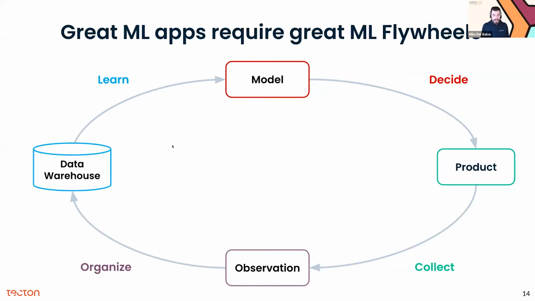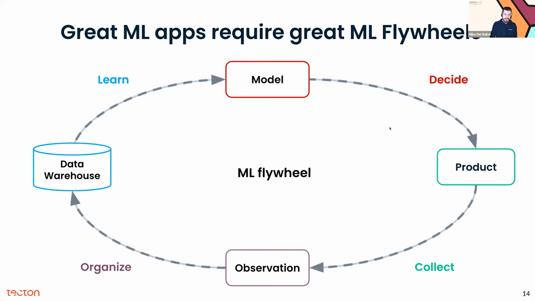And what we find is that teams that are not so successful with ML struggle with this flywheel. They may not even be thinking about the bottom half of this flywheel in the first place, or they may not realize a lot of the complexity that happens in the decide stage, and be ignoring some of the key infrastructure elements that are part of their ML application, or that should be considered part of their ML application, but is not thought of as a first-class ML system. So this concept of the ML flywheel is very important. And let's talk about why that is.